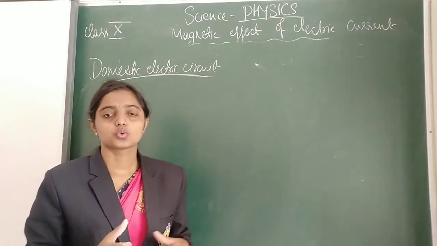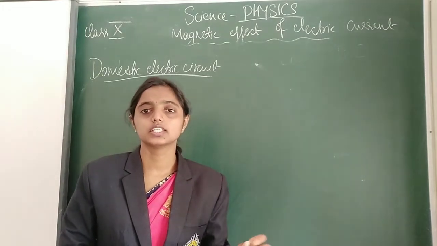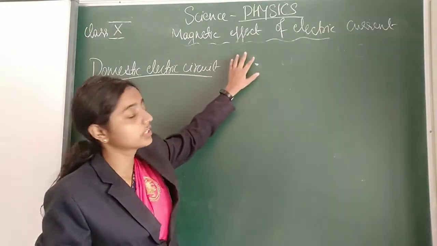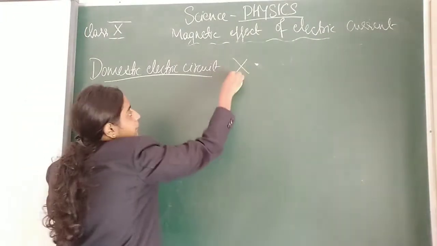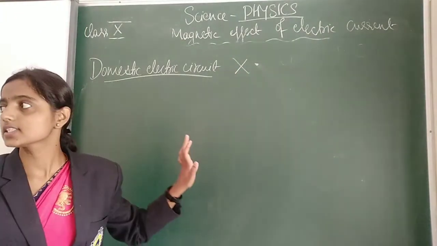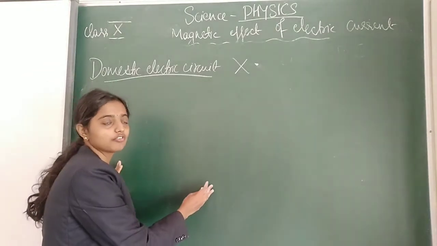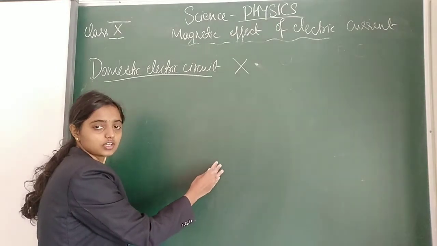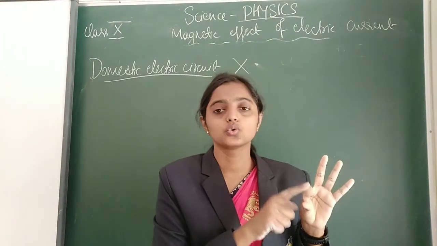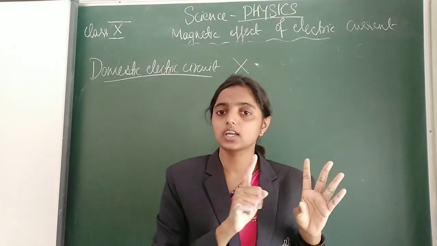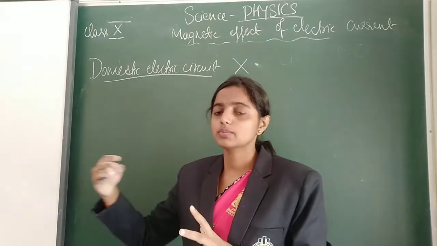Listen students. We know that in this academic year some of the portions are going to be deleted. So in this chapter under the physics part, this topic is going to be completely removed, that is domestic electric circuit. But there are chances that a question will arise. That is because what we learn under this topic is live wire, neutral wire and earth wire. Apart from this, we will see what is overload, what is short circuit and what is fuse.